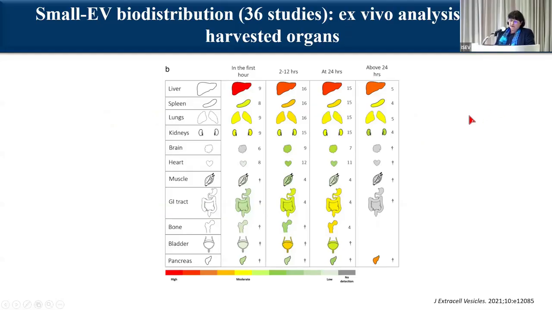Now, if we look at the ex vivo biodistribution analysis, that is when we look at removed organs, and this is a collated result from 36 published studies, we see that again, the liver is a primary organ where we have the accumulation of injected EVs as early on as in the first hour, and it seems to be present, the accumulation of EVs even after or above 24 hours in most of these